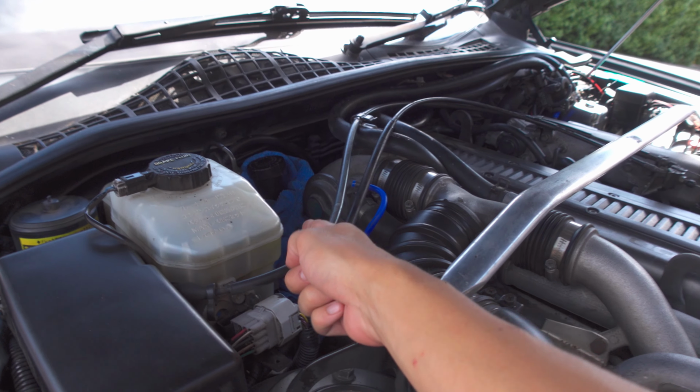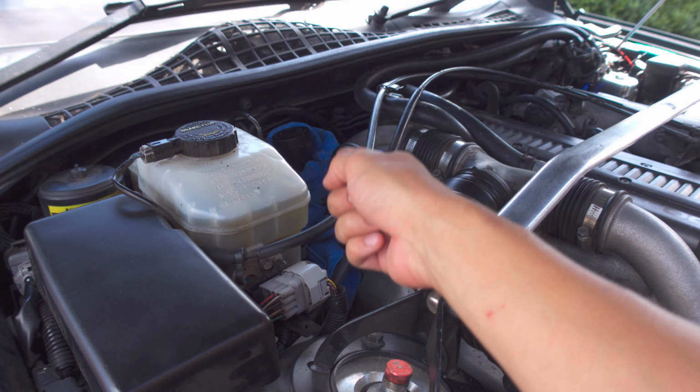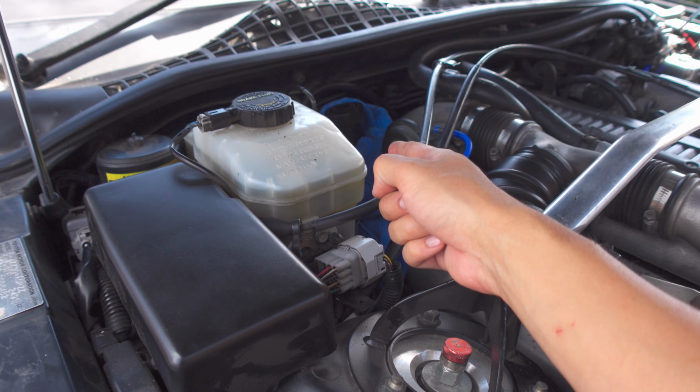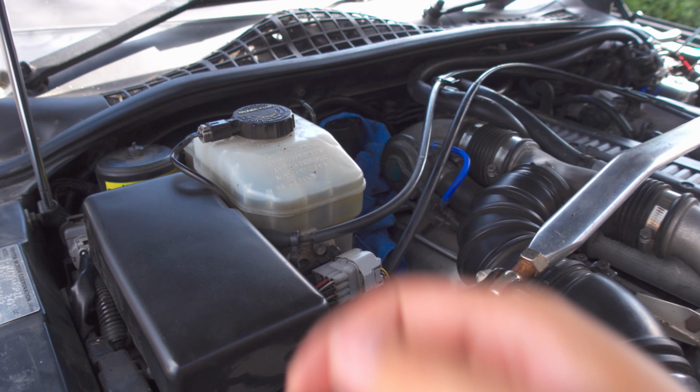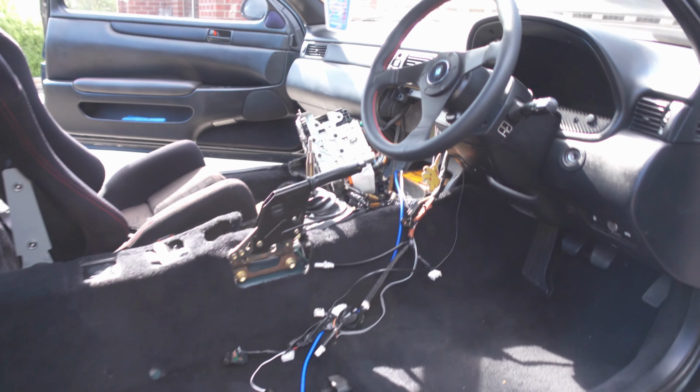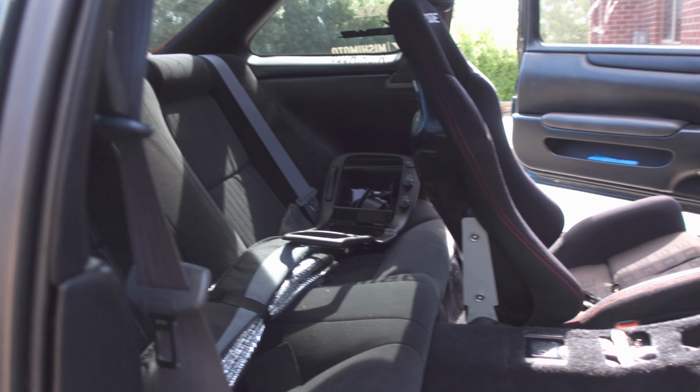The clutch, I've still got issues. There's still air in the system and I'm not entirely sure why I can't get it out using the conventional bleeding methods. I may end up having to buy a pressure bleeder, but I kind of don't want to do that because they're like $100 and something, and I'm only going to do this once really. But before I get onto that, I'm basically going to start putting the interior back together,